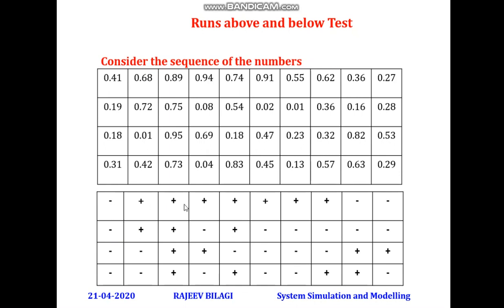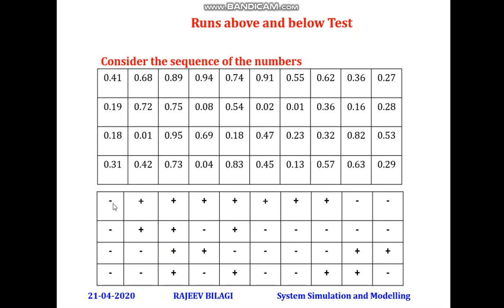Now I have replaced all these values by minus and plus, and I need to find out n1. N1 is what? Number of plus signs. You count 3 plus 3, 6, 7, 8, 9, 10, 11, 12, 13, 14, and this 4, 18. N1 is equal to 18. And N2 you calculate: 3, 4, 5, 6, 7, 8, 9, 10, 11, 12, plus 4, 16, plus 2, 18, plus 2, 20, plus 2, 22. So N2 is equal to 22.